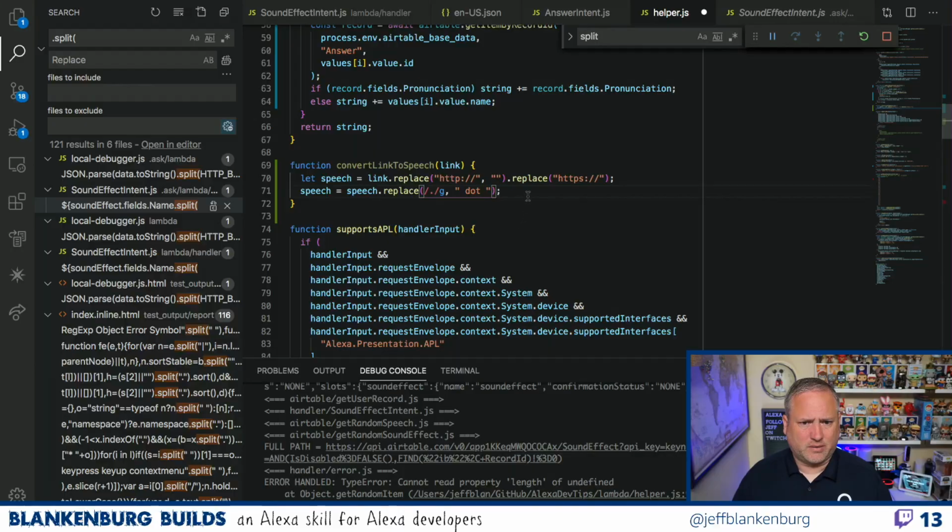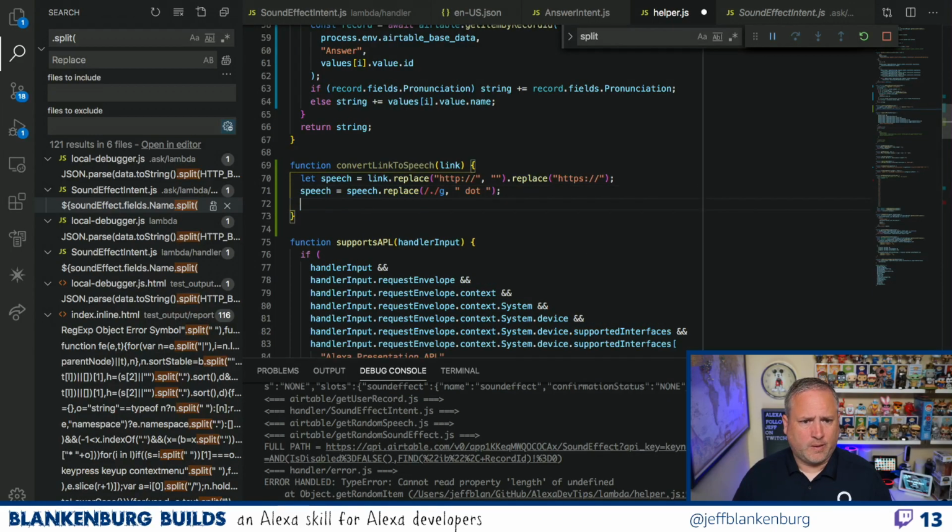Like that? Well, I don't know. We'll find out if that works. And then we could do the same thing, but instead of dot, how do I do a slash? Do I have to escape that somehow? Again, like I said, I avoid regular expressions at all costs. So, slash. What would you do for the slash part?